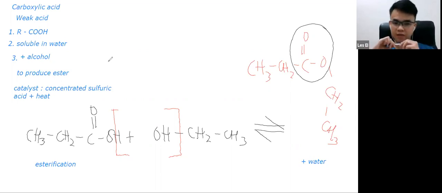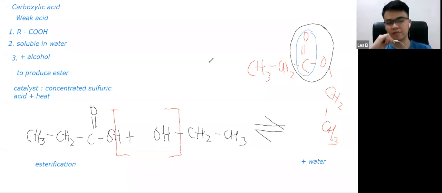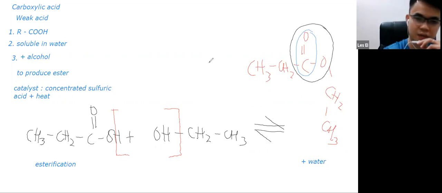What is the other thing that you have to be aware of? When you have the C double bond O, the C double bond O on one side is coming from the carboxylic acid. Okay, now before I talk about that,